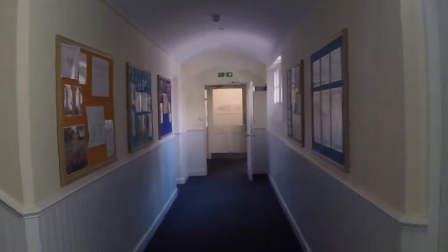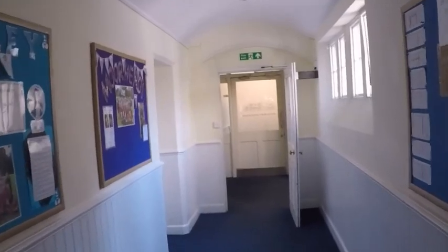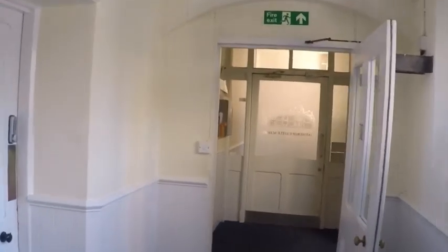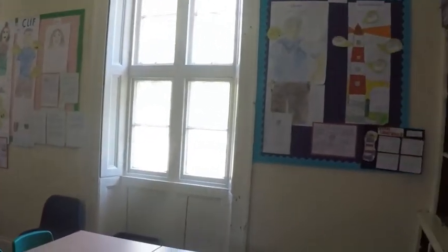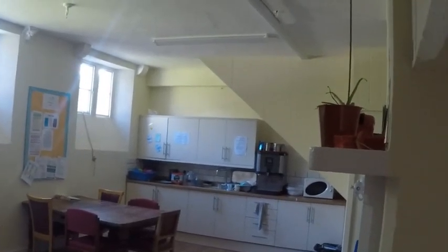Down this corridor here, which will be familiar to all of you, and still in the servants' end of the house, this is Mrs. Houghton Brown's classroom. This was used as the housekeeper's room, where all the housekeepers would come and congregate and spend some time when they weren't working. And then next door, which is the staff room, was known as the still room, and the still room was where all the preserves and